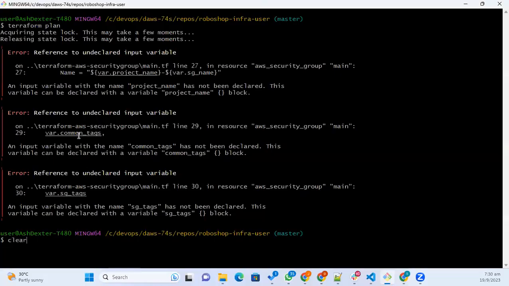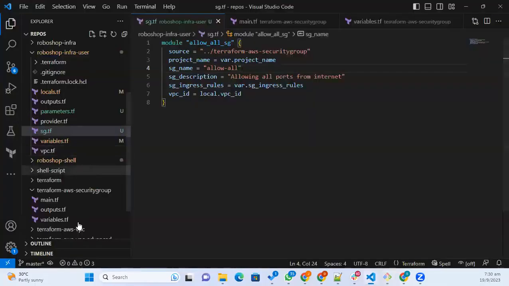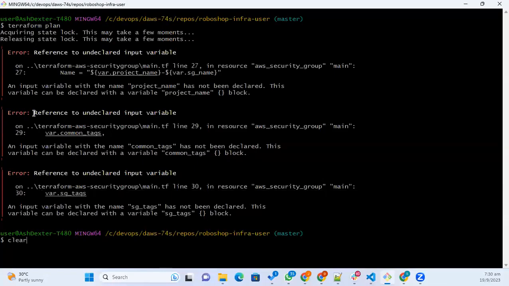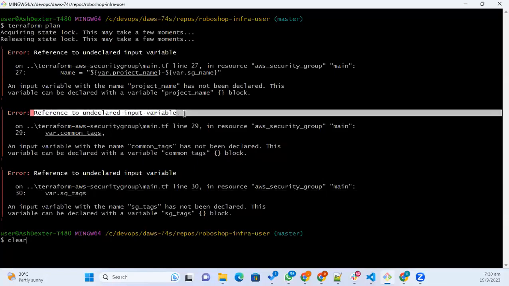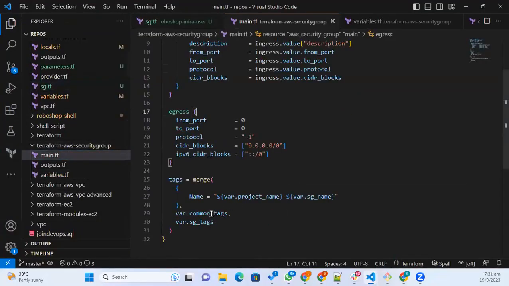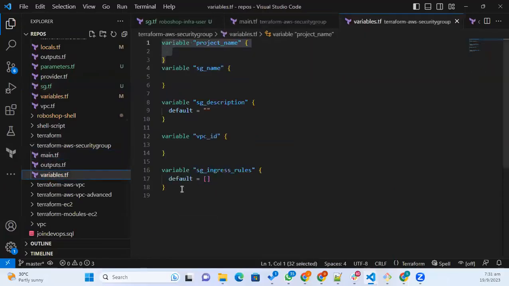And then you can see another error, var.common_tags, var.sg_tags. So when you are developing a module, if you see this kind of error, just go through this. Reference to undeclared input variable. So in the Terraform AWS security group main, I am using var.common_tags and var.sg_tags, but I haven't declared them here. If you are using them, you need to declare